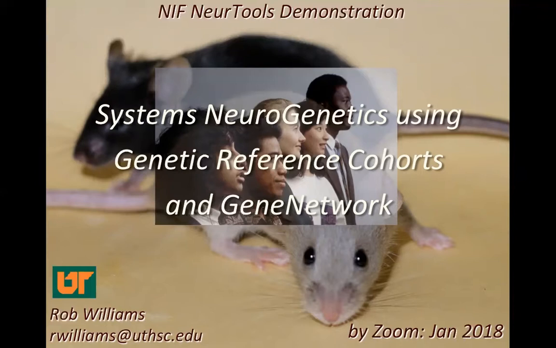I'm going to do this in the context of drug abuse. We are funded by a new P30 that Devin introduced you to. At the same time, we have had funding for GeneNetwork, both from the Human Brain Project, from NIDA, from NIAAA, and now from NIGMS. And so I'm going to mix them up a little bit, but I'll talk primarily about traits that are relevant to addiction and alcoholism over the next few minutes.